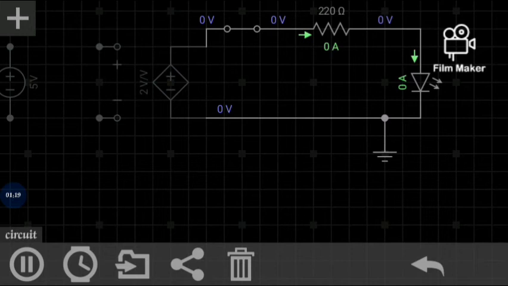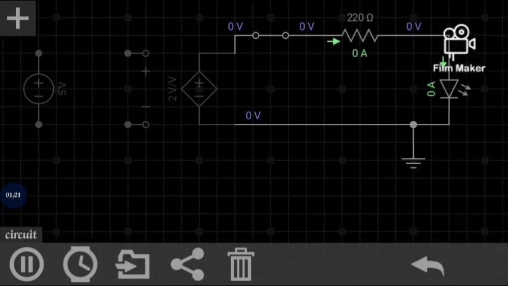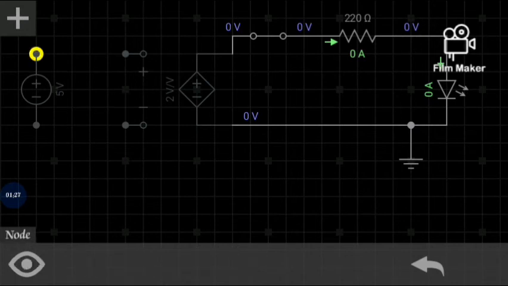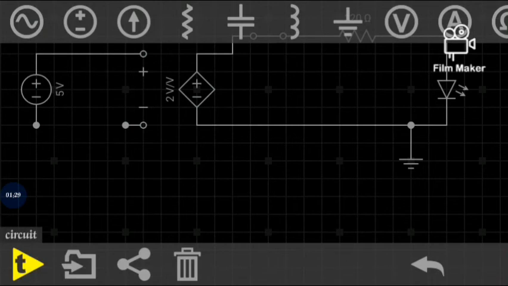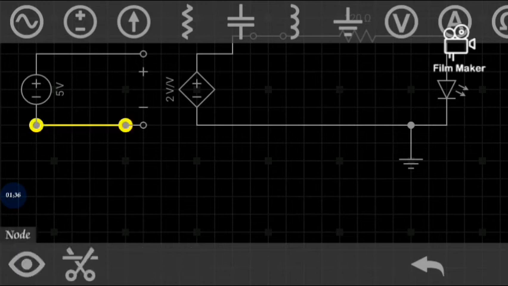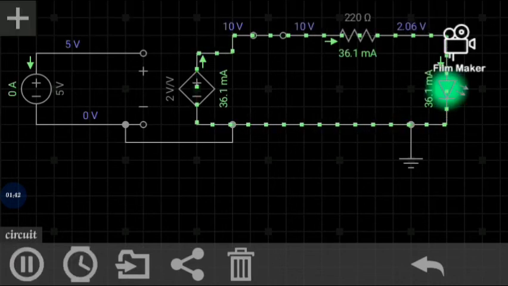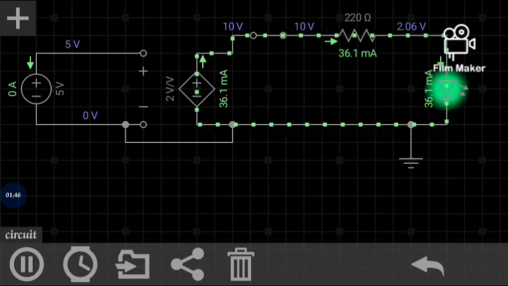So for this dependent source to actually work, I have to connect a 5 volt independent source to it. So I'm connecting this to here, and I will connect this one to this one. And when I do that, I also need to connect this to the ground. Once I establish this ground connection, I can run my circuit. As you can see, it's working perfectly, telling me that this